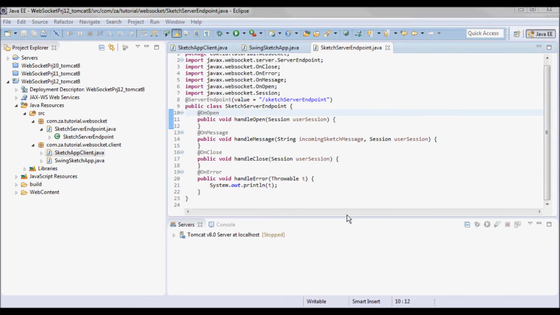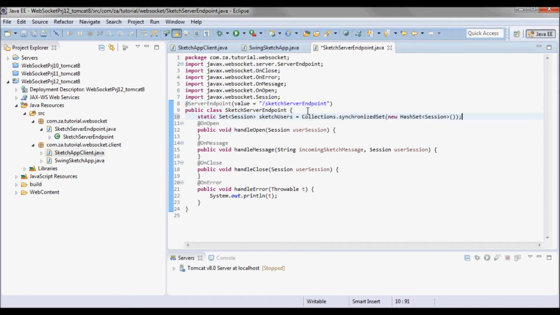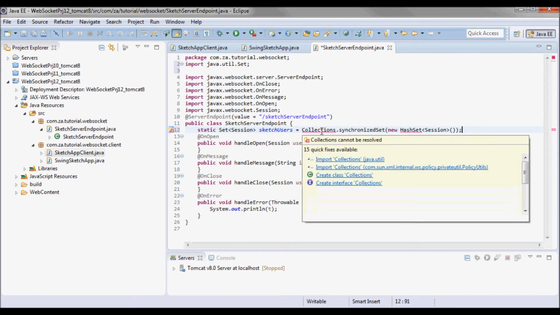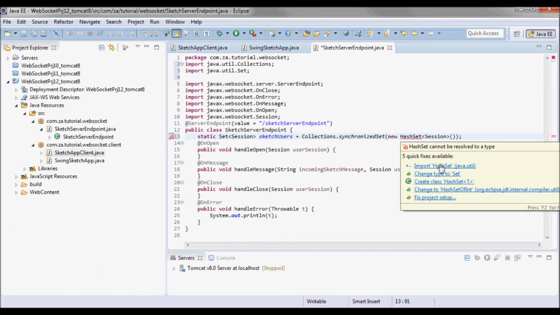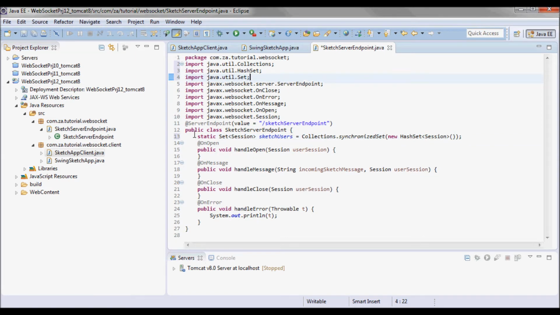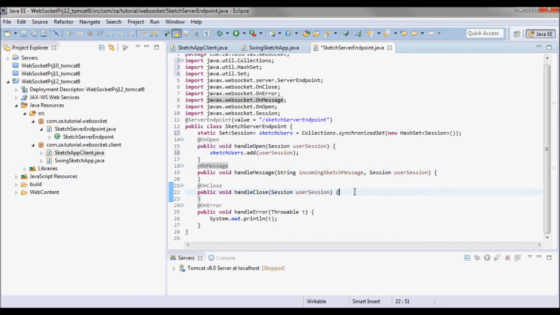So what I need to do here is to maintain a set of sketch users. So I'll have a set of sessions, and in handle open I'll add this session to the set of sessions, and I'll do the opposite in handle close.